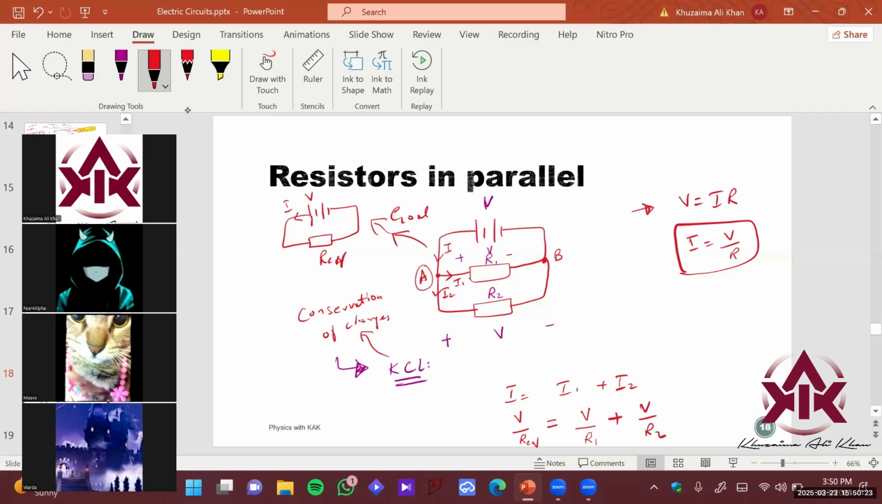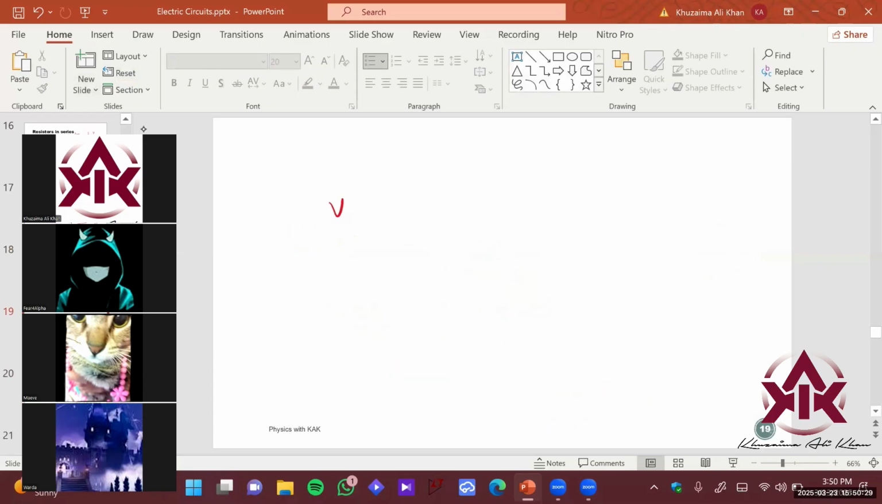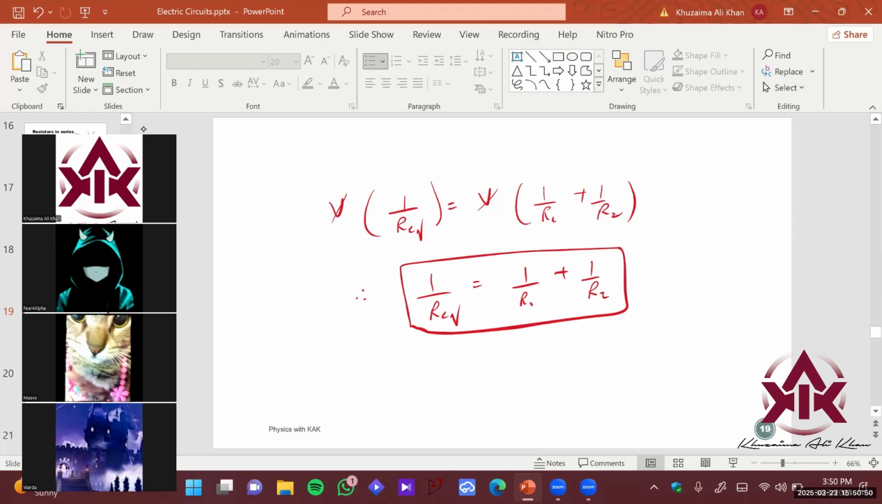Now I can see that there is something common here, okay? So I can nullify that particular common thing. So it's going to be V times 1 over R equivalent is equals to V times 1 upon R1 plus 1 upon R2. This and this cancel out. Therefore, you have 1 over R equivalent is equals to 1 over R1 plus 1 over R2, right? So this is the formula which basically can give you the R equivalent for two resistors in parallel over here,